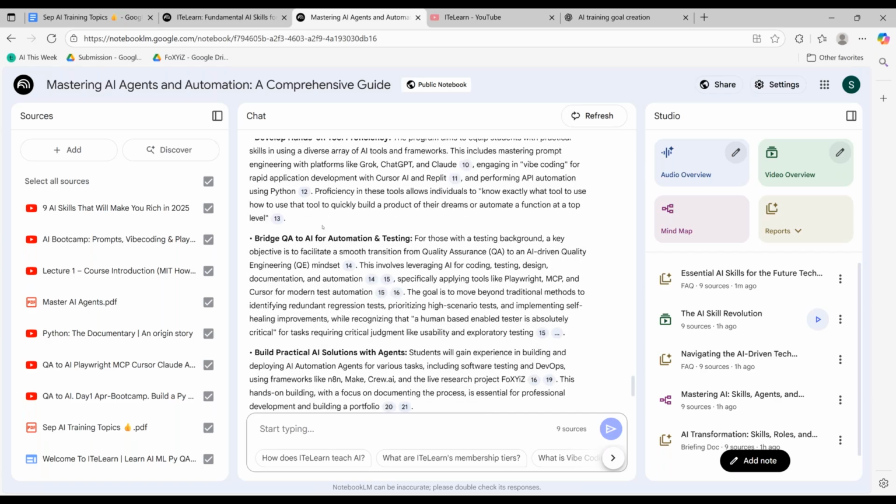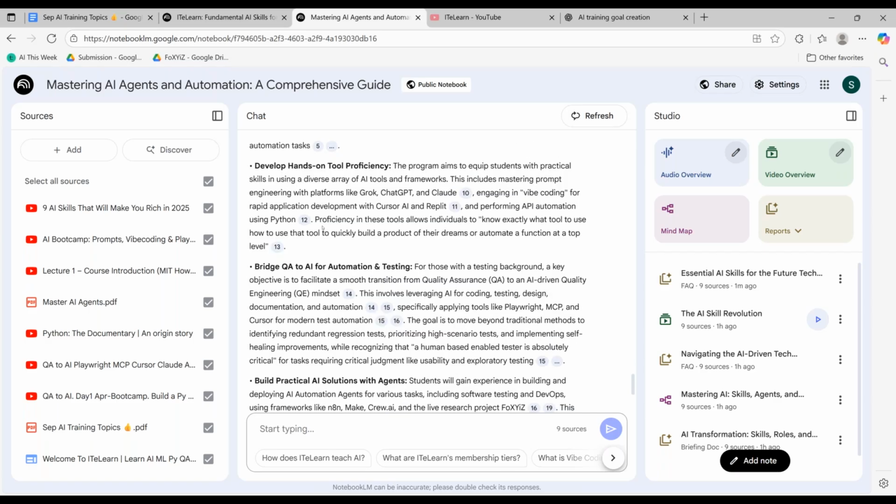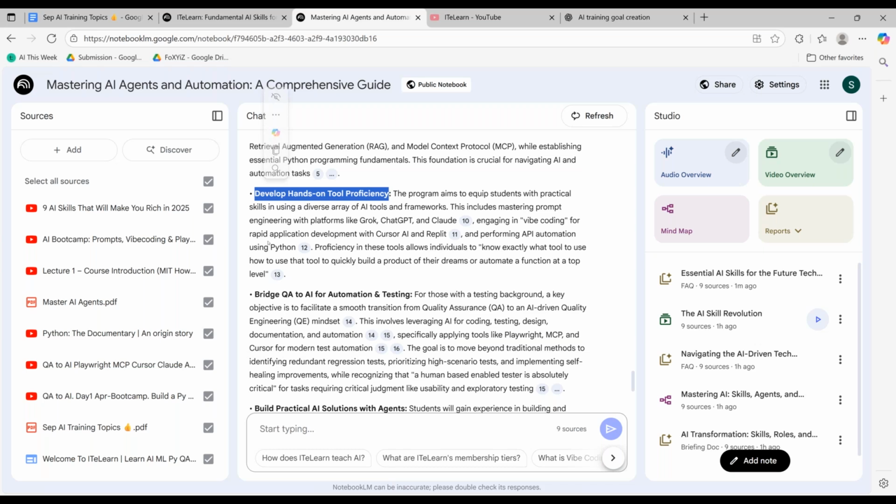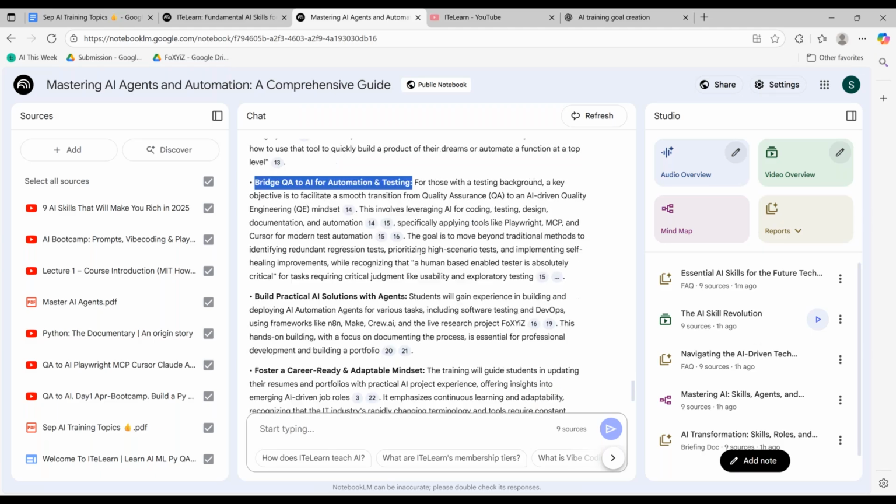Develop hands-on tool proficiency. So tools are very critical, team. We have to have at least a dozen or two dozen tools which are doing AI jobs in your profile going forward. That should be your target if you're serious about getting or staying relevant in the industry. If you have a secure job and it's not a threat, don't worry, learn AI for interest, because everyone is really having to use and apply them.